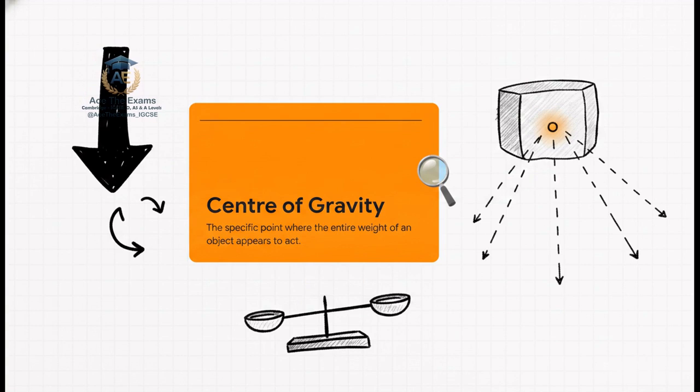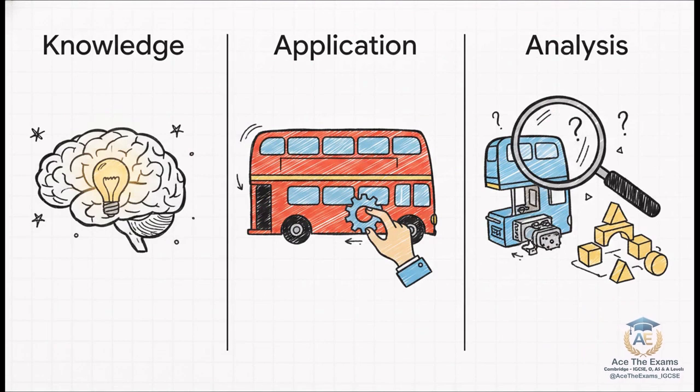Remember, weight is a force, right? It's a vector acting straight down towards the center of the Earth. If you don't specify that it appears to act from this specific point, your evidence just completely falls apart in the courtroom of the exam hall. This perfectly illustrates why rote memorization just isn't enough anymore.